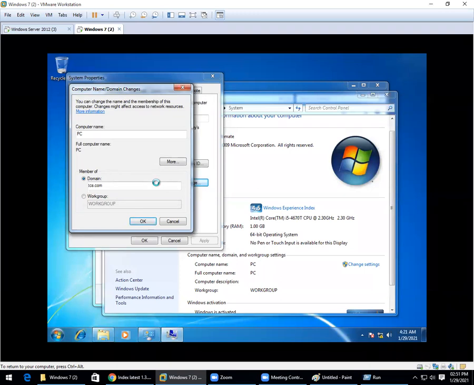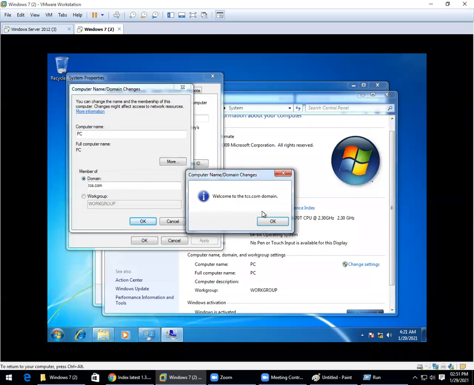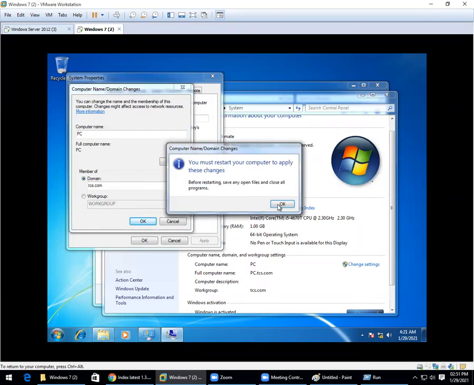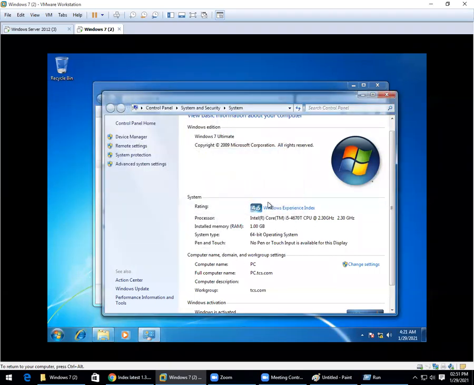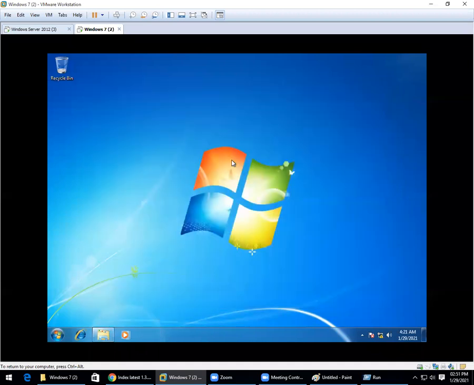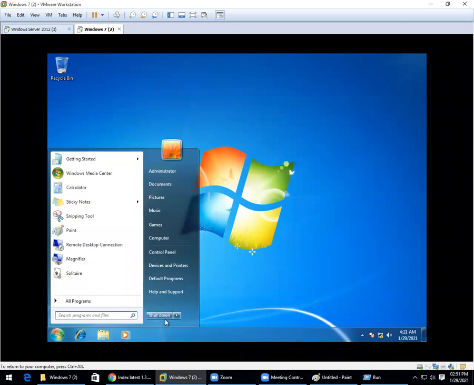Once you do this, you should get a welcome to tcs.com. Can you see this? Click OK. Once you click OK and close, it will ask you to restart the computer, and it will get restarted. Once it is restarted, this client computer will be under the domain controller.